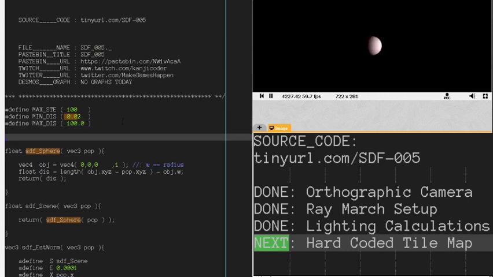So we're going to have an int tile array, and let's say it's 64 on the X and 32 on the Y. Let's say we have something like that. Actually, equals,